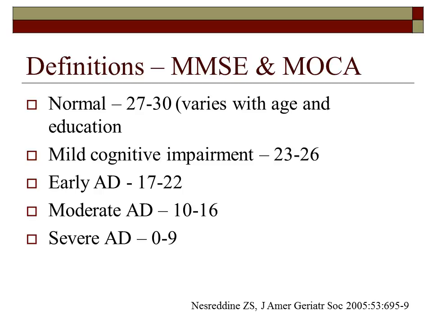The normal would be above 27, although this can vary with age and with education. And mild cognitive impairment, which isn't necessarily a pre-stage of Alzheimer's. About 25% of people with mild go on to develop Alzheimer's, but 5% won't. But that's where you have a demonstrable abnormality on these types of tests, but no functional impairments. And you can see the number